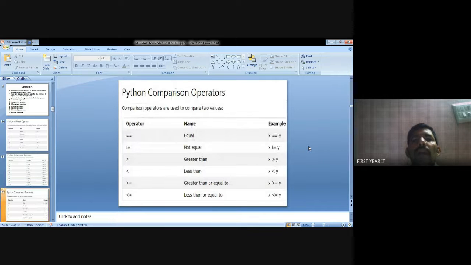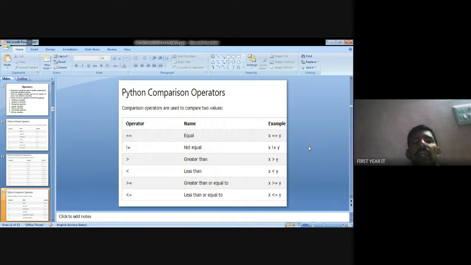The Python comparison operators. Comparison means equal to equal to. It checks the conditions. True means the condition is true. So equal means both conditions are true, that is equal is true. Suppose any one condition is false, then the condition is false. Not equal means if any one condition is true, then true. Otherwise, if both conditions are false, then false.